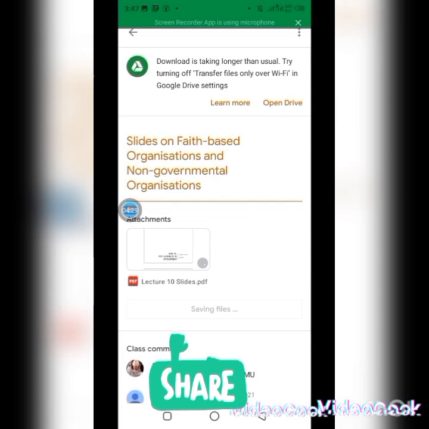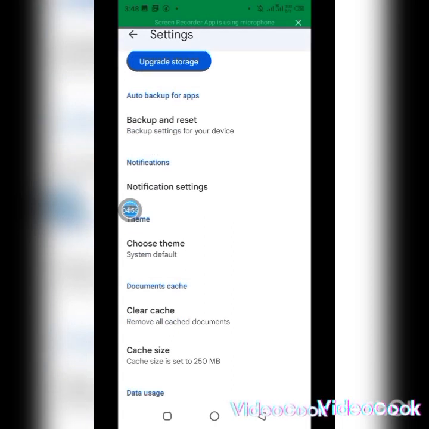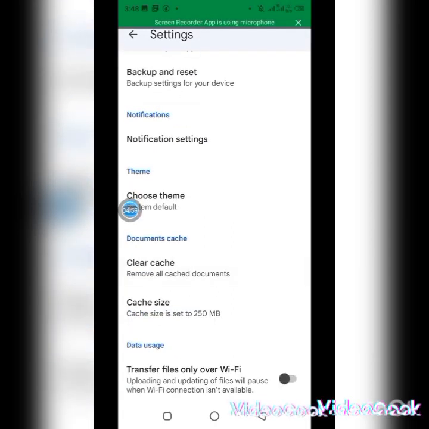Google Drive settings. So this is one thing I wanted to show you guys. If it tells you that, it means you have connected your phone. Anything that downloads offline from Google Classroom, most of the time it uses Google Drive. You have to go back to Google Drive, so I have to open my drive. I'll click on open my drive, then I'll go here where they're telling me